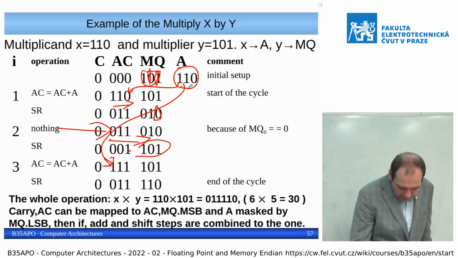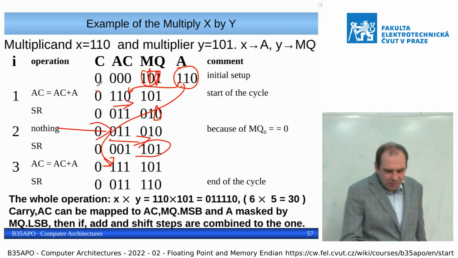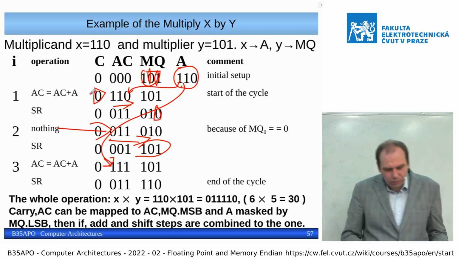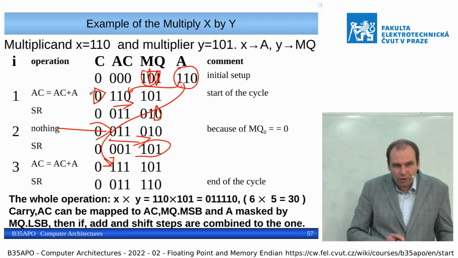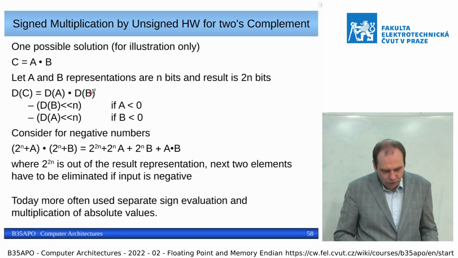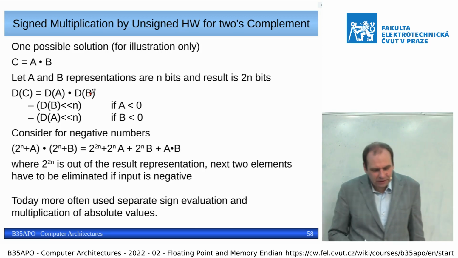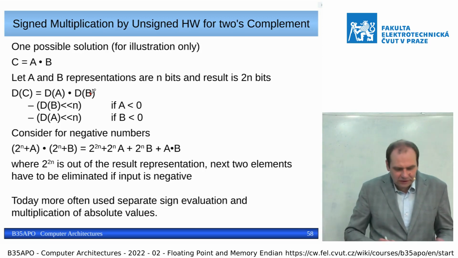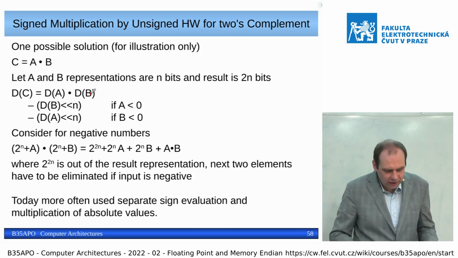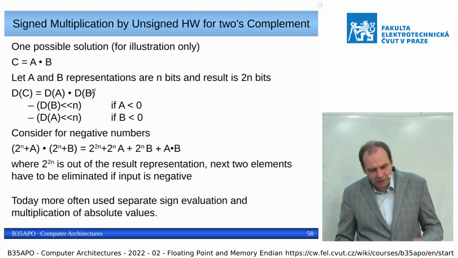So 0 and 1 is 1, 1 and 0 is 1, and 1 and 0 and 1 is 1. So basically there can be a carry, so we need to reserve 1 more bit to store the carry from the addition. There is an example that we can resolve even with the hardware for the unsigned multiplication, the signed multiplication, but